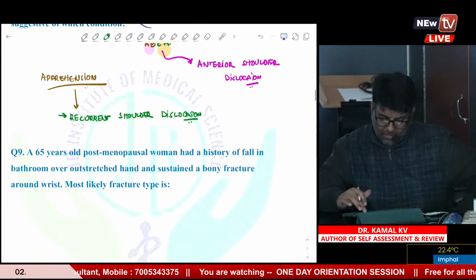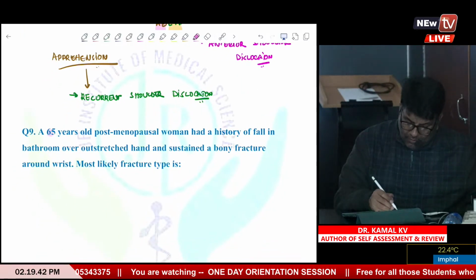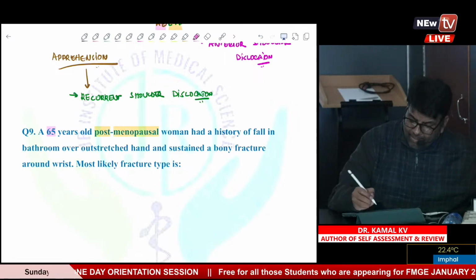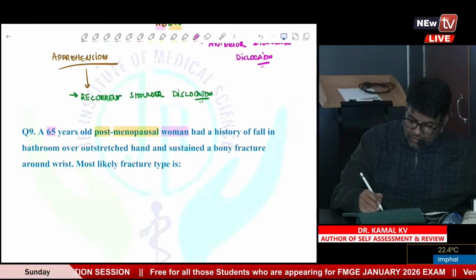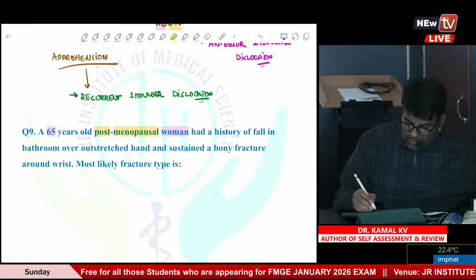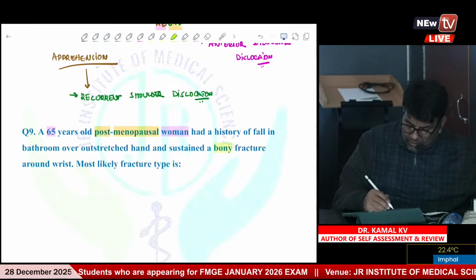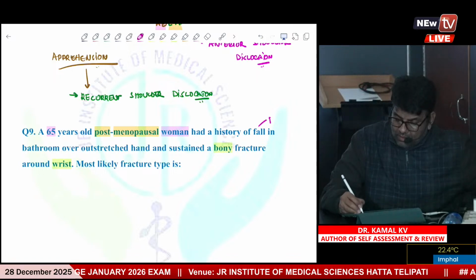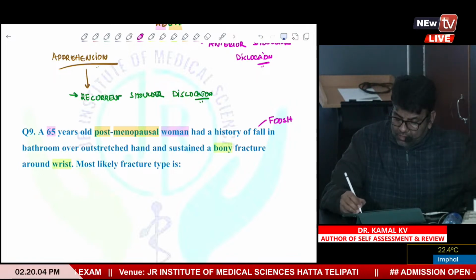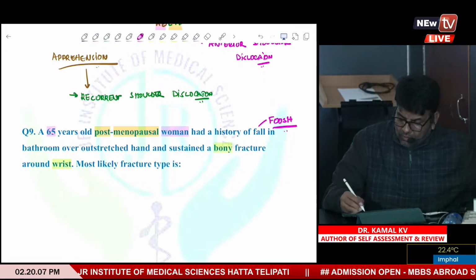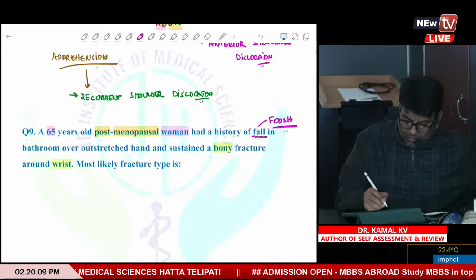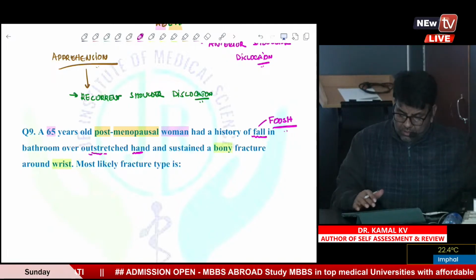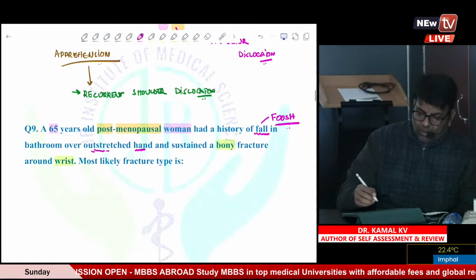Okay, next question. A 65-year-old post-menopausal woman had a history of fall on the floor over an outstretched hand, and there was a bony fracture around the wrist. What fracture do you think might have occurred? So this is a FOOSH injury, fall on outstretched hand. So which fracture can you think of in a lady